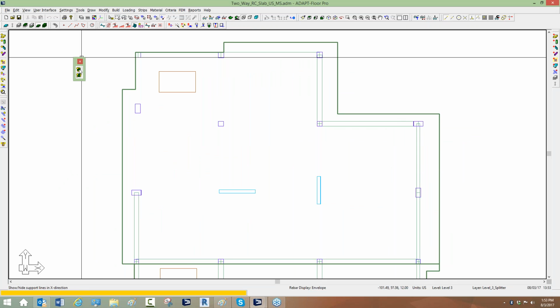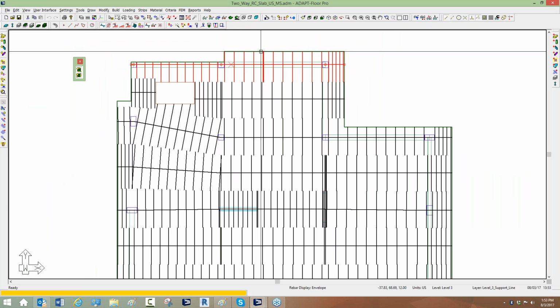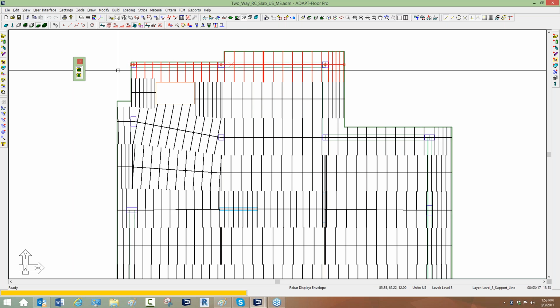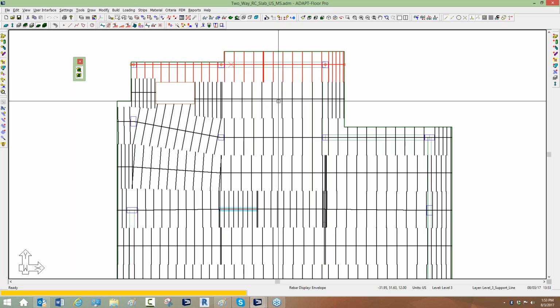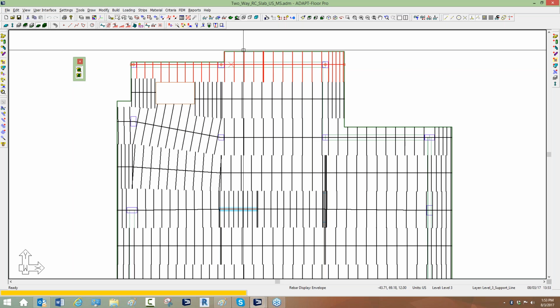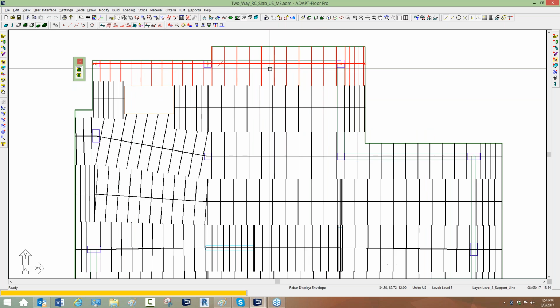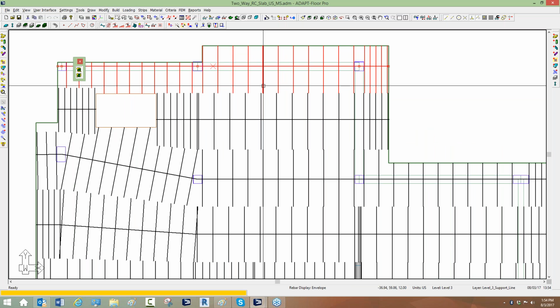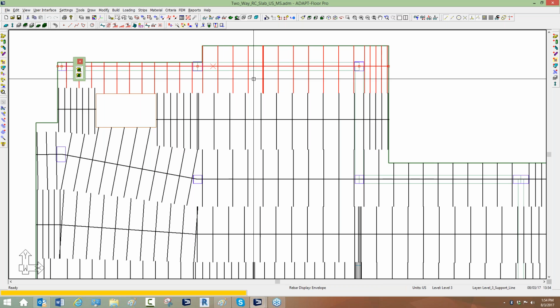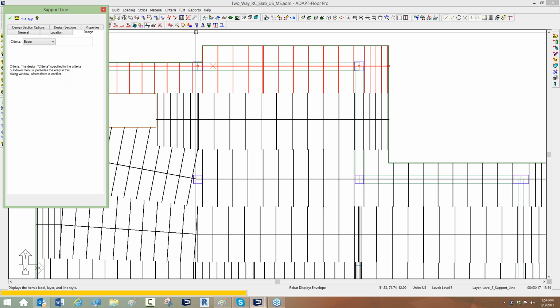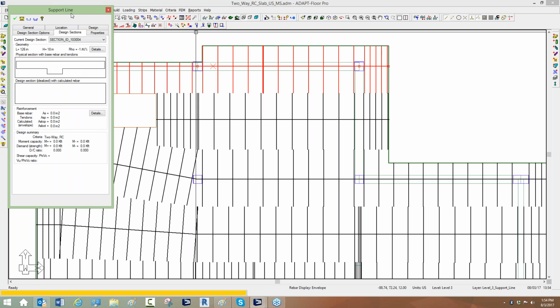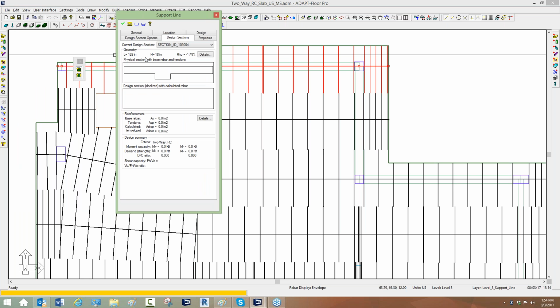and I'll just turn on the X direction, you're going to see that the program, by means of determining the distance to the next support line or the perimeter slab edge, dictates what the tributary becomes. So this tributary for this beam section actually becomes the distance between this point and this point. So there's a flange on top of that beam. And again, we have integrated beams included in the slab. So if I double click on that cut and I go to design sections, you can see that flange is 126 inches wide by 18 inches deep,